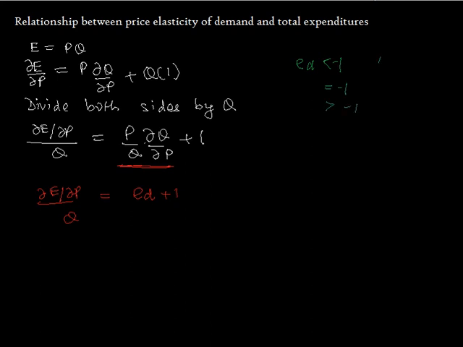So if Ed is less than minus 1, Ed is equal to minus 1, and Ed is greater than minus 1. In this case, if Ed is less than minus 1, then this is the case of elastic demand. Ed equal to minus 1 is the case of unit elastic demand, and if Ed is greater than minus 1, then this is the case of inelastic demand. Fine. So if Ed is greater than minus 1, and this expression comes out to be positive, then it means that when demand is inelastic,